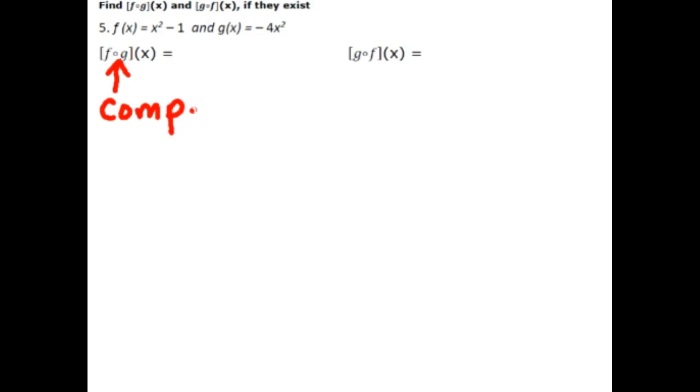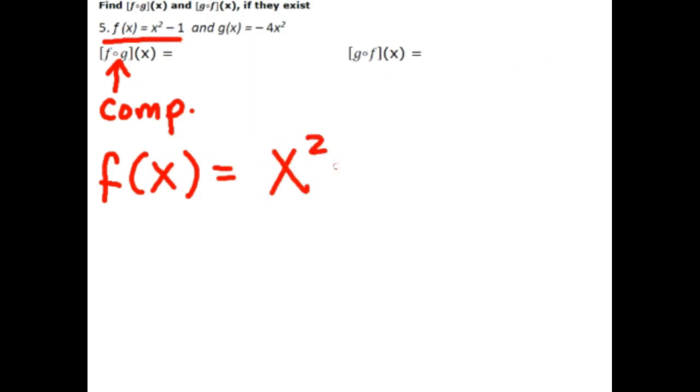This means a composite. But do I have a number to work from the inside out like I did in the previous problem? Do I have a number? No, I just have an x. So if I don't have a number to work with, I am going to start with the outside function. The difference between the problem I just did and this problem is I don't have a number to substitute in. If I don't, I'm going to start with the outside function, and it's going to be kind of like what I did over here on the blue paper where I substituted in an expression. In place of this x,